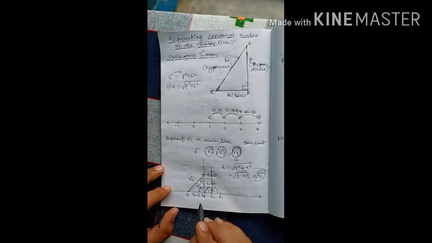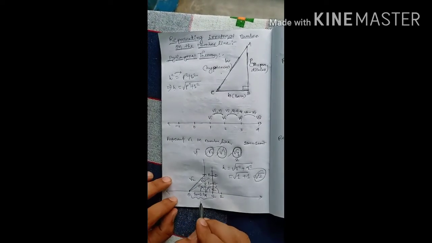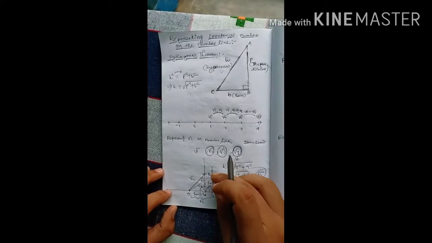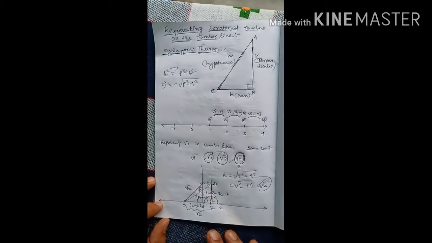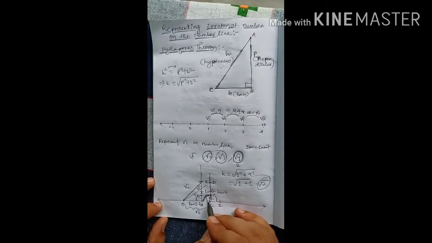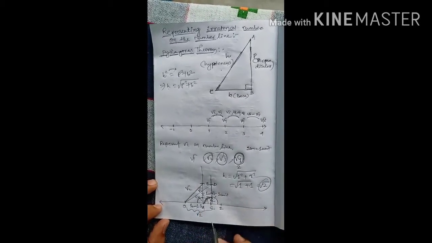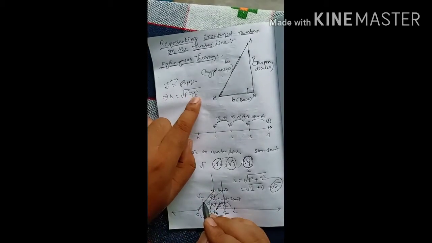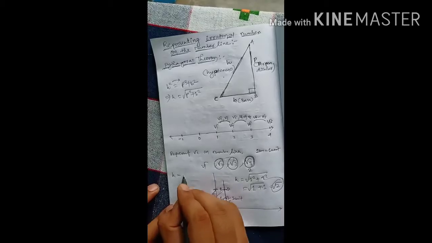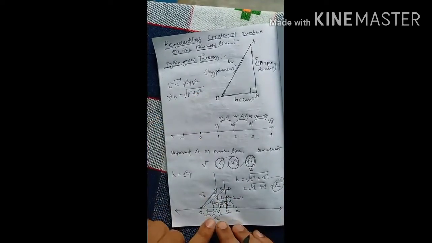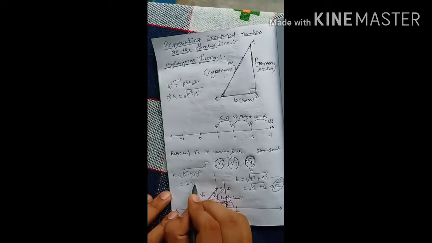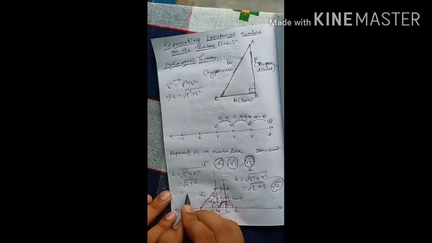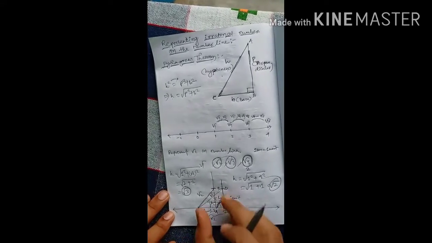How is it possible? Because you know that from O to C, OC, it is root 2 unit. And again, CD is equal to 1 unit. As we have taken CD equal to 1 unit, then what will happen? Because this is 90 degree, and we know that the side opposite to 90 degree is the hypotenuse. So how can we find it? H is equal to the square root of P square plus B square, where P is equal to 1 unit, 1 square, plus B is equal to root 2 unit, root 2 square. Then 1 square is 1, plus root 2 square is 2. 1 plus 2 is 3. Here is root 3. So OD gives the root 3 unit.